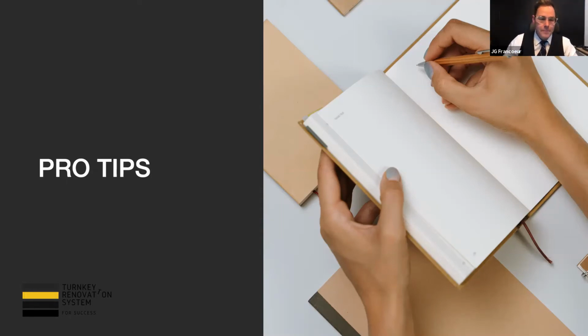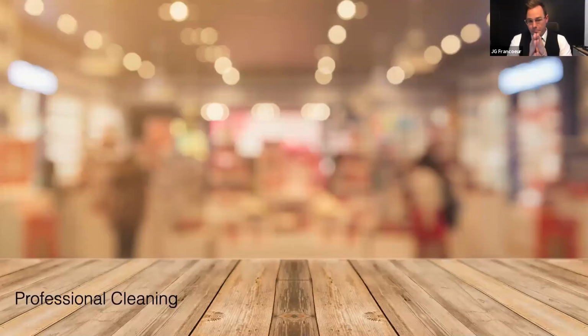Number one, cleaning. Now, I know this isn't renovation related, but before you start tearing stuff apart, consider how much it's going to cost to professionally clean it. And I'm not talking about the cleaning that we all do between tenants. I'm talking about a real deep professional cleaning, real deep carpet cleaning, washing walls. I'm talking about super deep cleaning that we don't typically do on a regular basis, because I've seen paint jobs